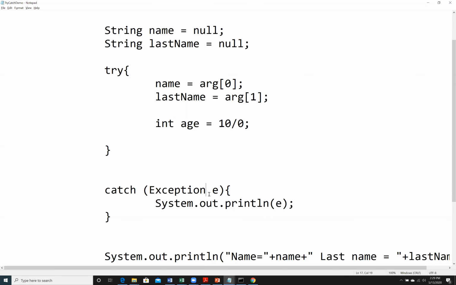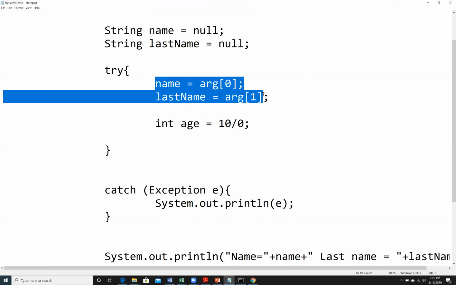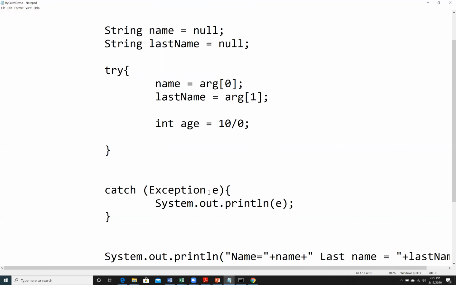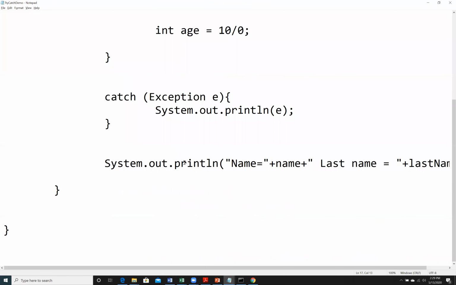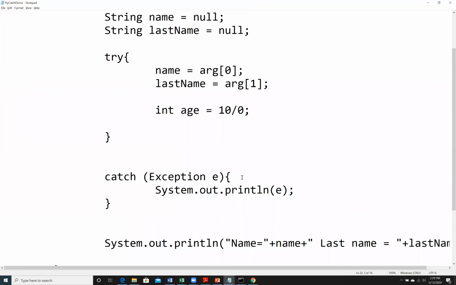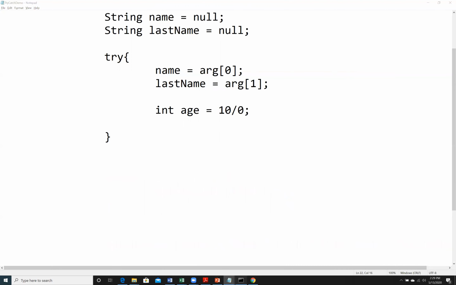But this catch block, which is the catch block for the base class of all exception classes, will match all types of exception, right? Now here, if an array index out of bounds exception is thrown, it can catch it. And if an arithmetic exception is thrown, it can still catch it. So you know that in both cases, the program will not be terminated. We will ultimately reach here, right? So this catch block is a block that will match all types of exception. Let's check it.